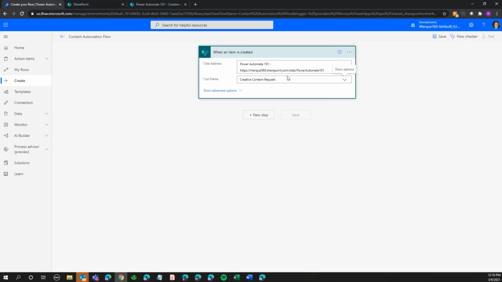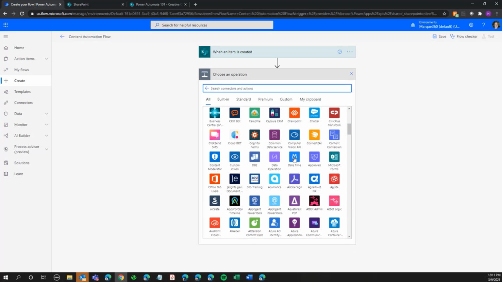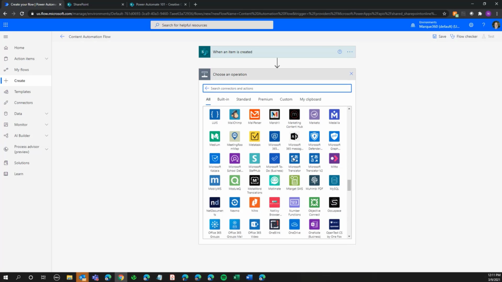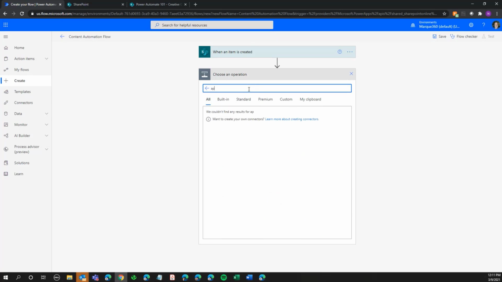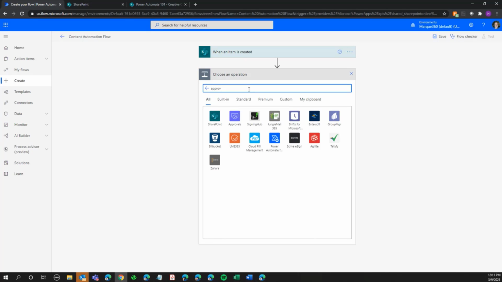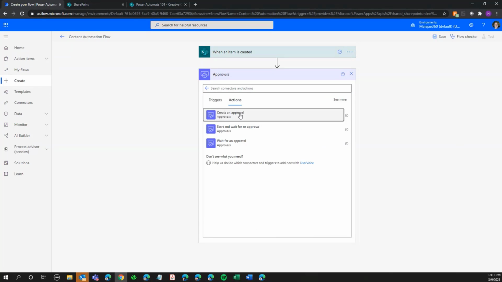So once I have the trigger, what do I want it to do? So here, when the first time something gets created, I want to go through and start an approval process. So if I go into here, I could either search and browse and find a connector. Again, there's 300 or so different connectors. But what's a lot easier to do is just go into here and start typing some keywords, and you'll see there's an approvals action. And here I can create an approval,